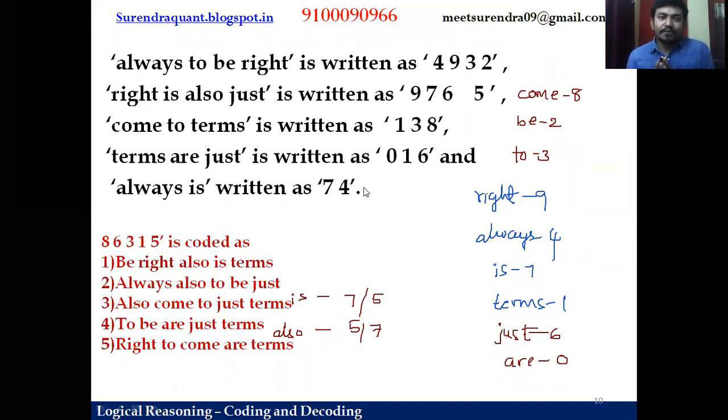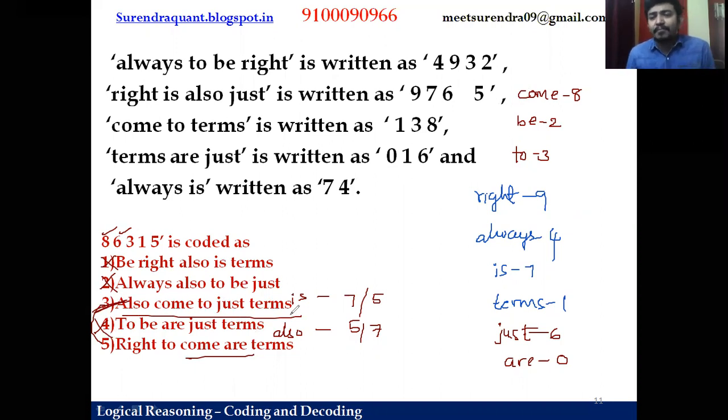Let's go for the next question. Okay, what is the code word for 86315? So 8 means what, friends? 8 means come. So come should be present. It is not there. It is not there. Only 3 and 5 make sense because come is 8, right? So if it is showing 8, the word come should be in the option. Now 6 is what, friends? 6 is just, right? Here just is present. Here it is not there. So the third option makes sense. No need to check further because if four of the options are not correct, the fifth one should be correct. So let's continue with the next question.